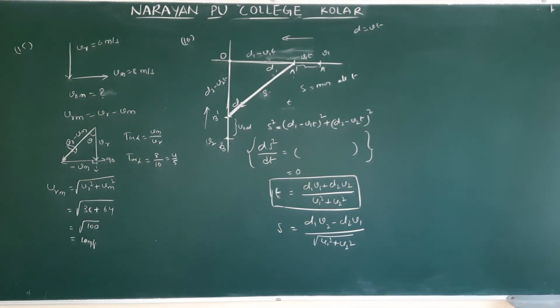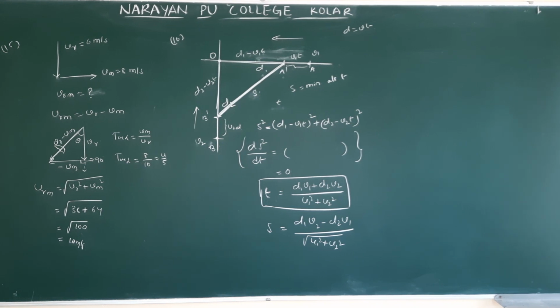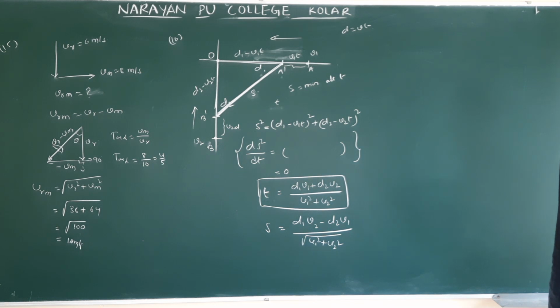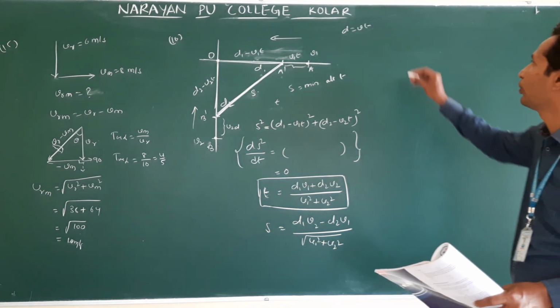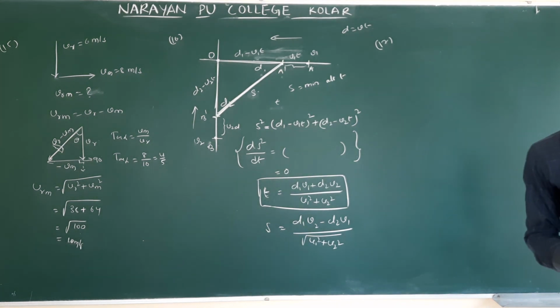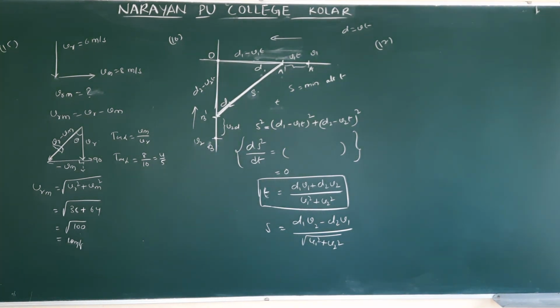Three particles A, B, C are situated at the vertices of an equilateral triangle ABC of side D at t equal to 0. Each particle moves with a constant speed v. A always has its velocity along AB, B along BC, and C along CA. At what time will the particles meet each other? This is also an important model question. In this question they gave a triangle; we expect a square, same question.